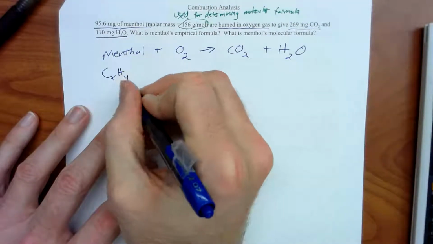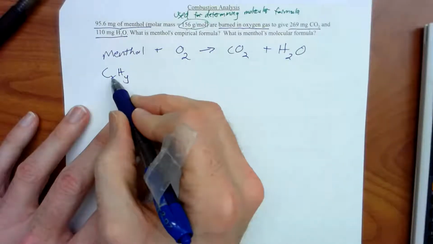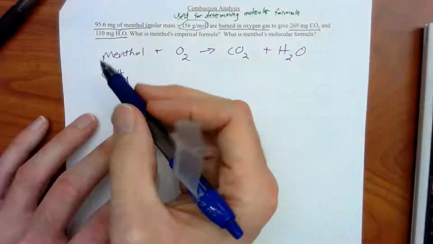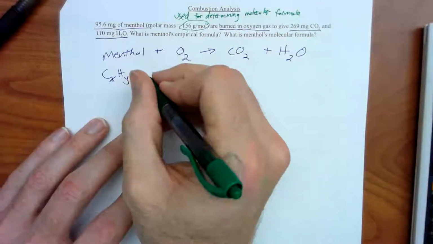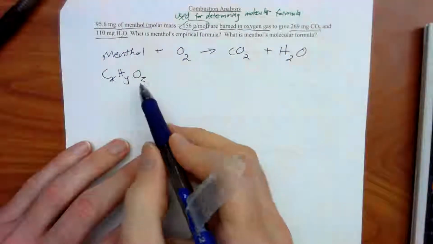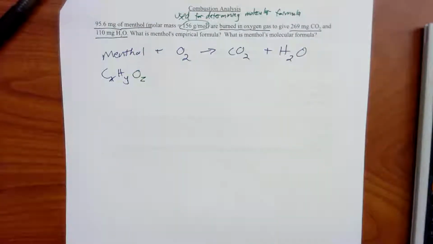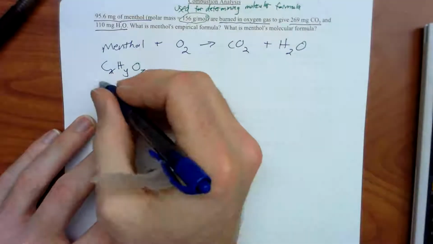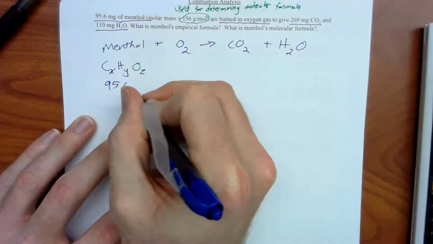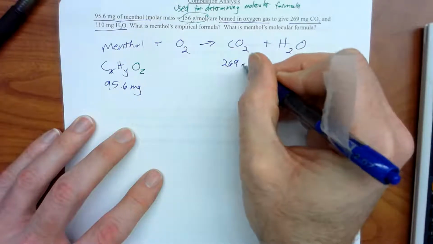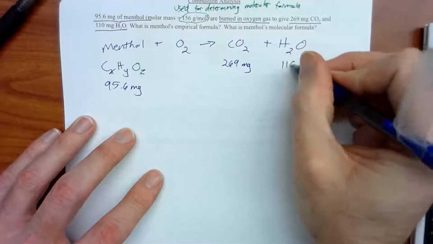every combustion analysis problem will have carbon, with an unknown subscript X, and hydrogen, with an unknown subscript Y. It could also have an oxygen, and the subscript would be Z there. I'll show you a trick for seeing if it needs oxygen or not, and that'll come up in just a second. It did say that it was 95.6 milligrams for our original sample, 269 milligrams for CO2, and then 110